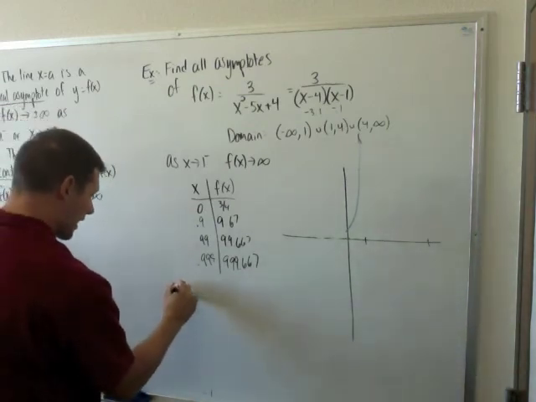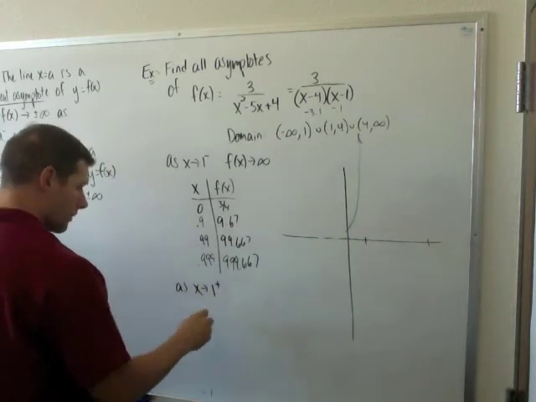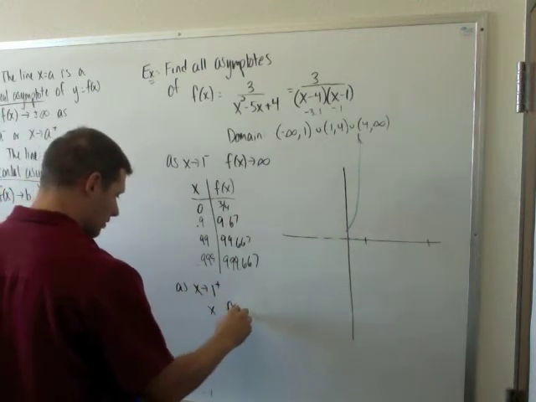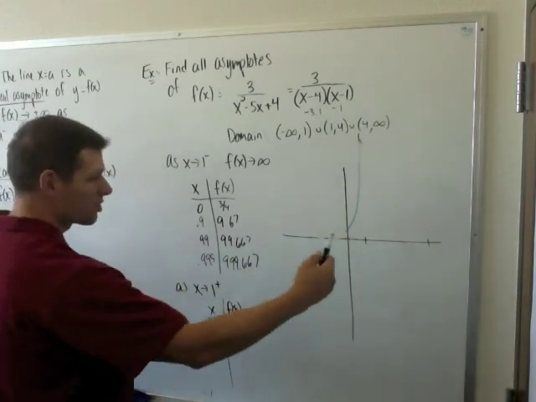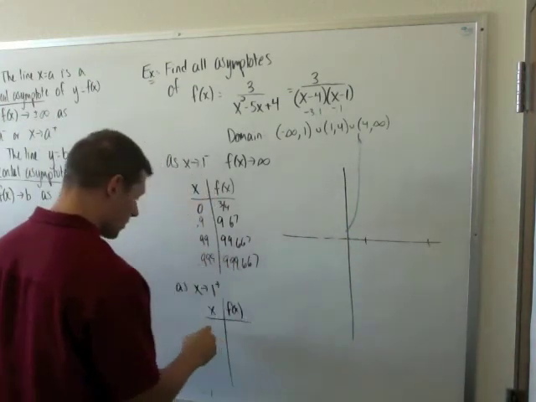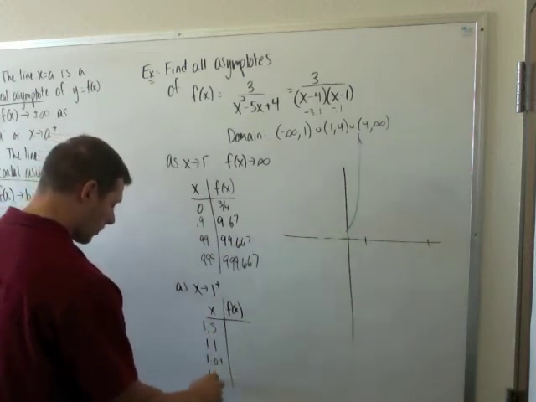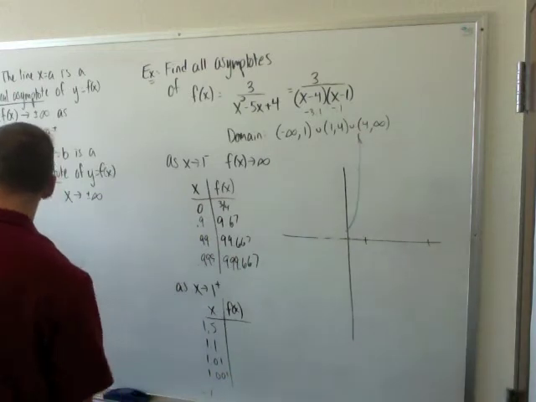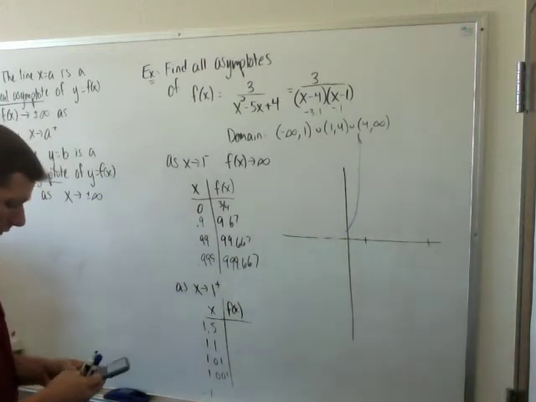And we do the same thing as x approaches 1 from the right. Make your x, f of x chart. Give me numbers just to the right of 1 that get closer and closer. Maybe we go 1.5, then 1.1, then 1.01, then 1.001, and see what happens. So if I put in, say, 1.5,